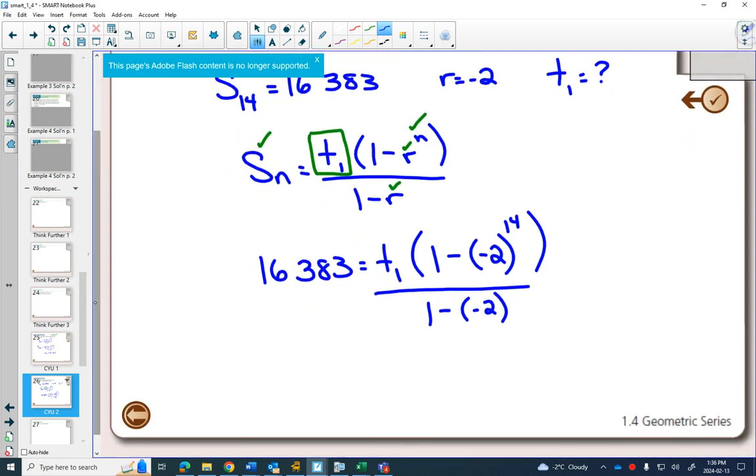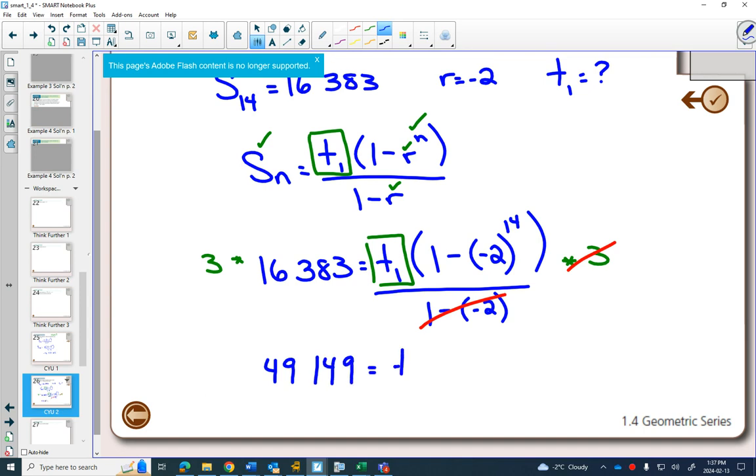So now my goal is to use my algebra to get term 1 by itself. So first of all, I hope you can see that on the bottom that will be a +3. If I want to get rid of dividing by 3, the opposite of dividing by 3 would be to multiply both sides by 3. That would simplify this and this. And on the other side, if I take out my calculator, 3 times 16,383 is